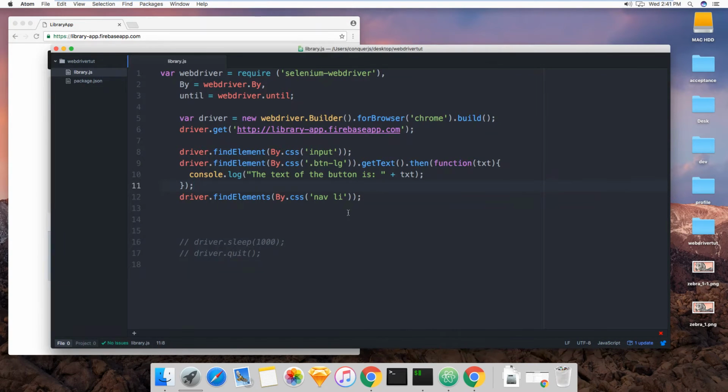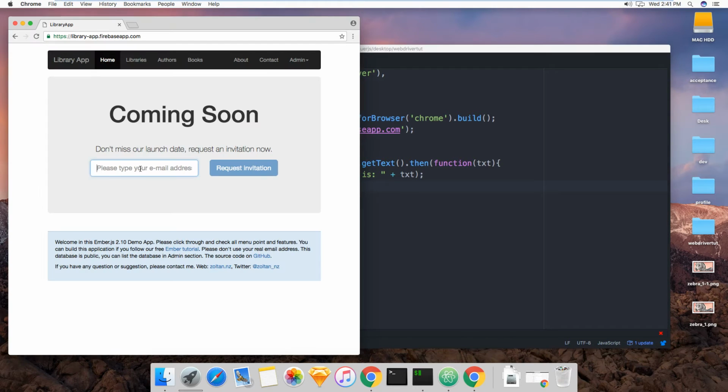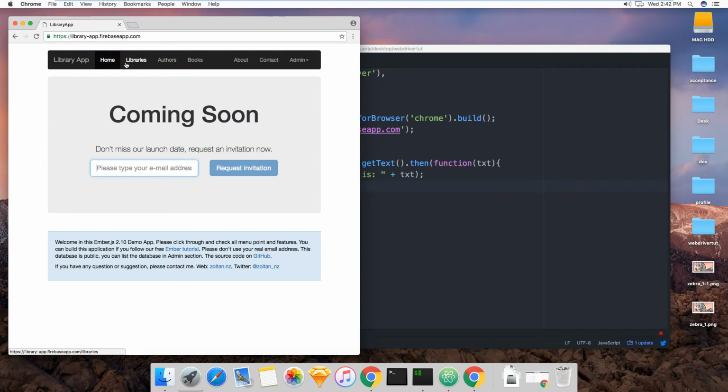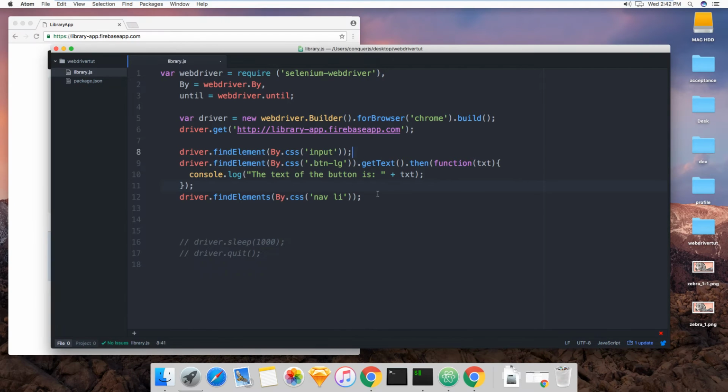Now, like I said, for the input, there's no text we can extract. The placeholder text does not count as text. It means the visible actual text. So this worked. But what about this here, find elements? What if I wanted all of the text for the navbar elements here? Then I'm gonna also have to start chaining,